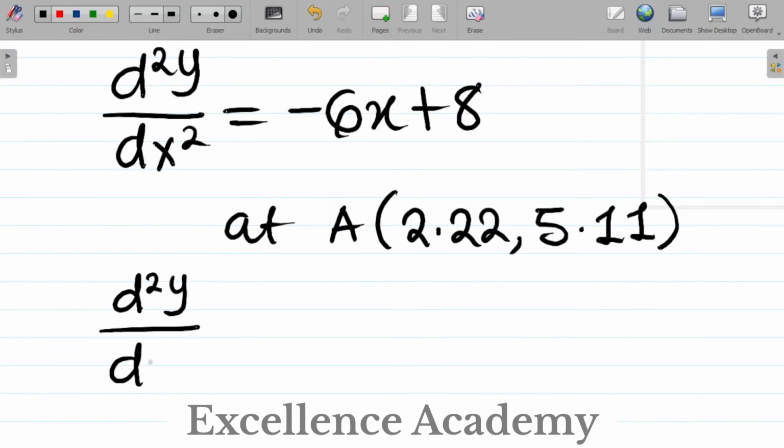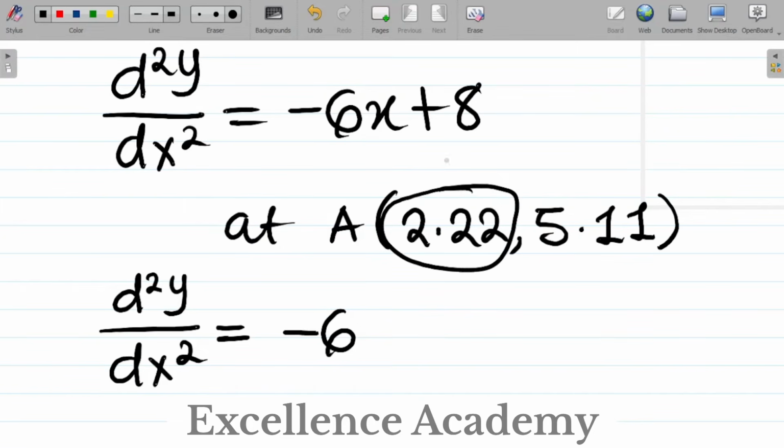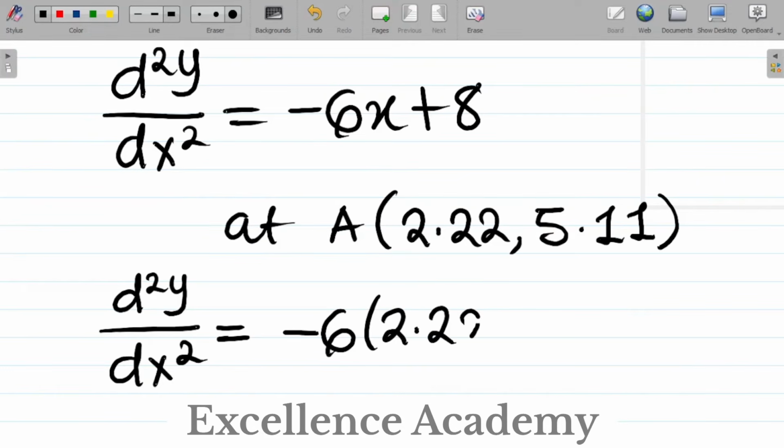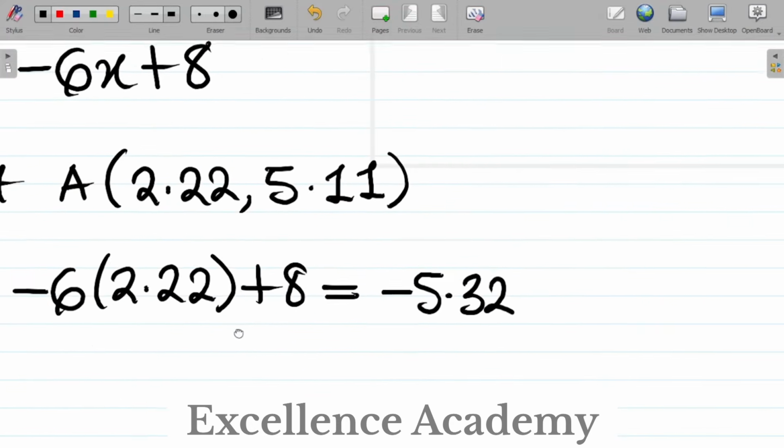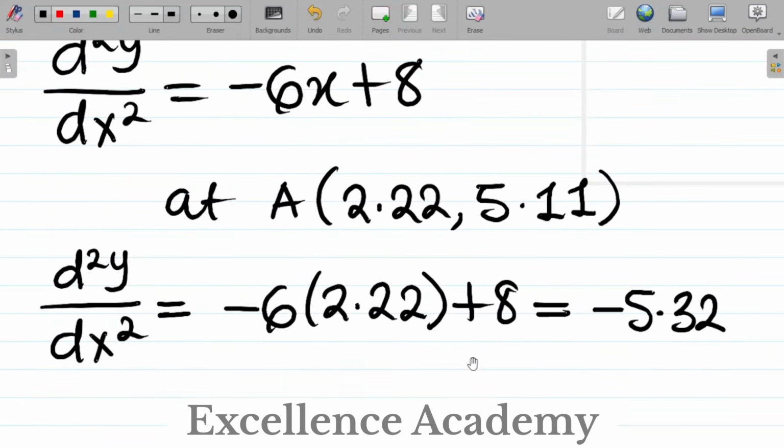We have that d²y/dx² is equal to -6x + 8. The value of x here is 2.22. So -6 into 2.22, that's x, then plus 8. I'll punch this real quick: -6 into 2.22 plus 8. If you punch that, your answer is -5.32. Now you have to note that if the value of d²y/dx² is negative,